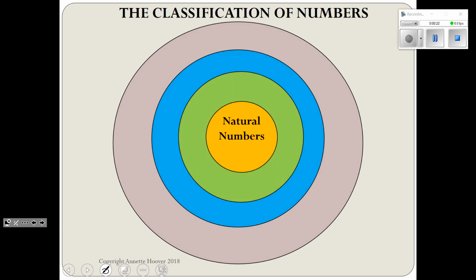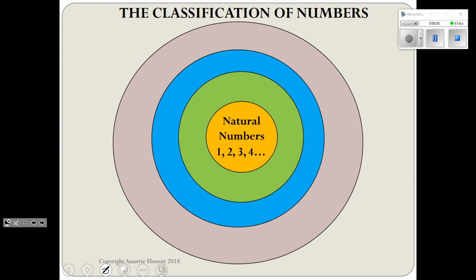And in the center, we're going to have a group of numbers called natural numbers. So if you're taking notes, write natural numbers in the center. Natural numbers can also be called counting numbers. You can hear it both ways. And these numbers are like if you were in kindergarten and they said, boys and girls, let's start counting to 10. You would probably say 1, 2, 3, 4, 5. Most people, when they're counting, do not start on 0. So counting numbers or natural numbers are numbers that start with 1 and go up by whole numbers, 1, 2,